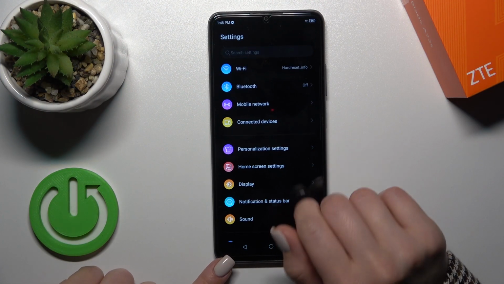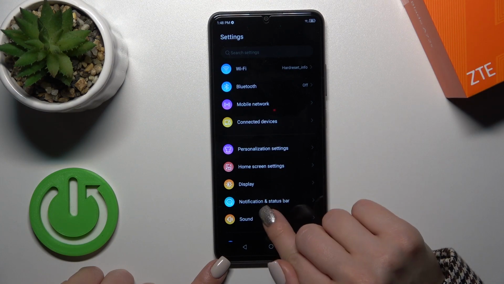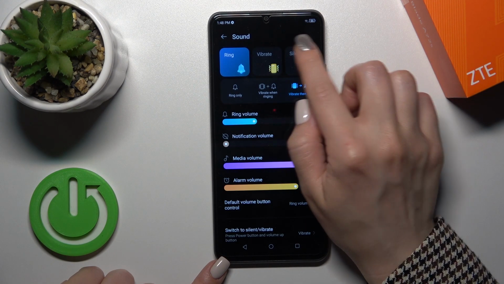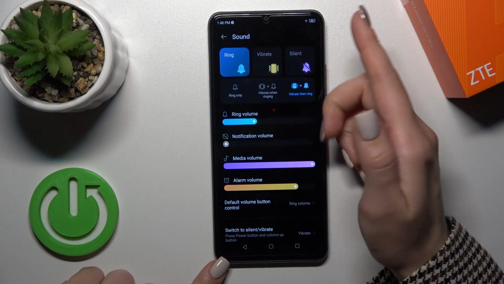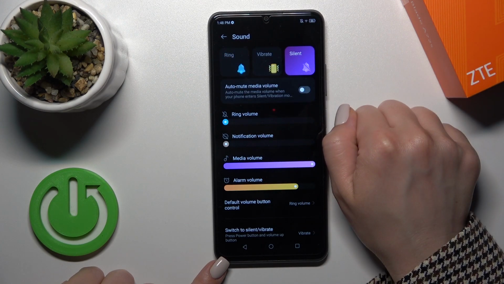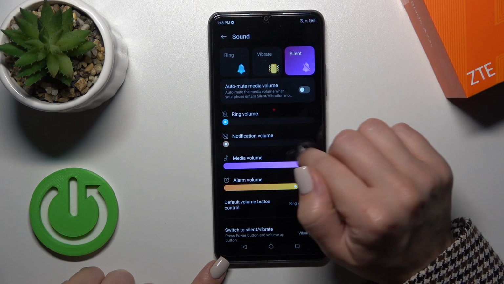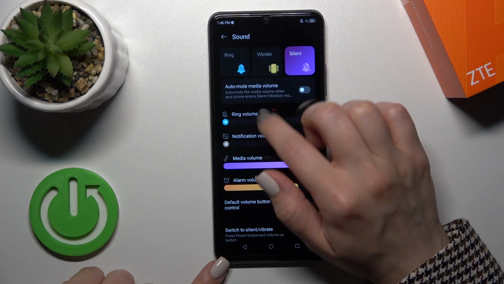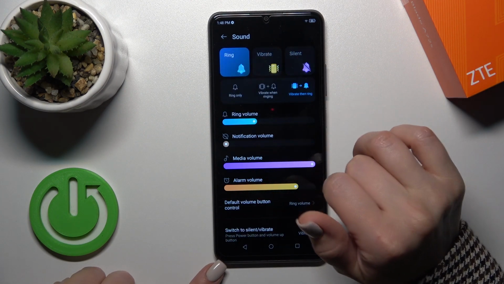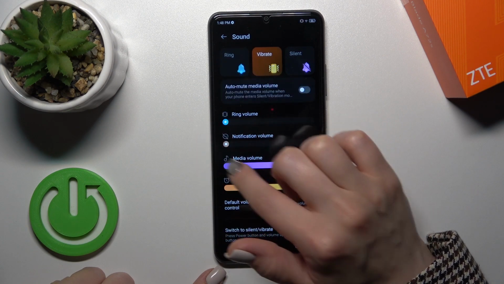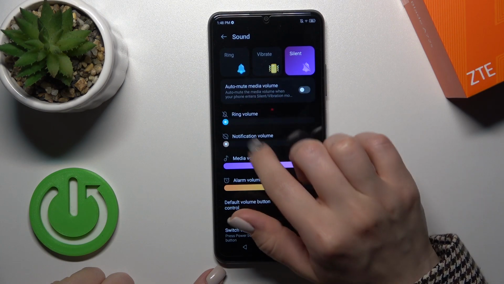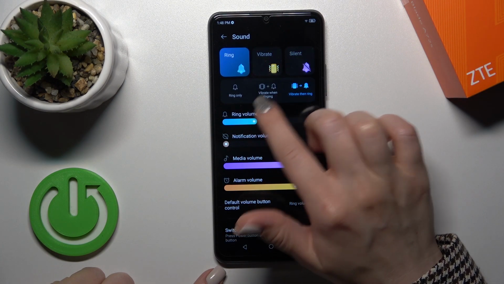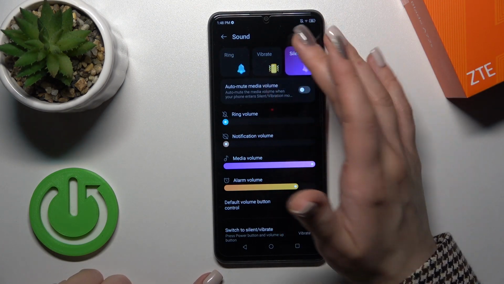So open first the settings and then tap to the sound section. Here you'll see the silent mode section. Just to activate it, you should switch ring to the silent mode. When the silent mode is activated, we could see that our ringtones and notifications will be muted. Also, you could unmute the ringtone volume,